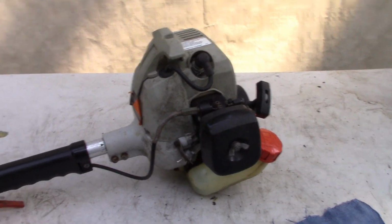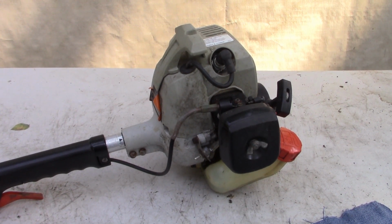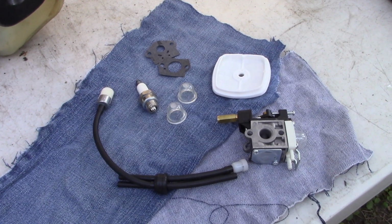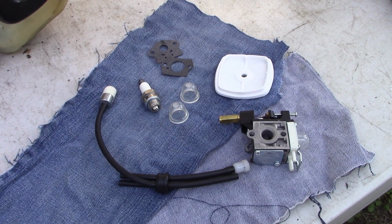Now let me tell you the rationale for replacing the carburetor. It's running, but not well. I can get it to start and run if I squeeze the trigger to full throttle and keep the choke halfway. I decided that I want to just replace the carburetor, and the reason I wanted to do that and show you how to do it is because it's easier than rebuilding the carburetor and probably